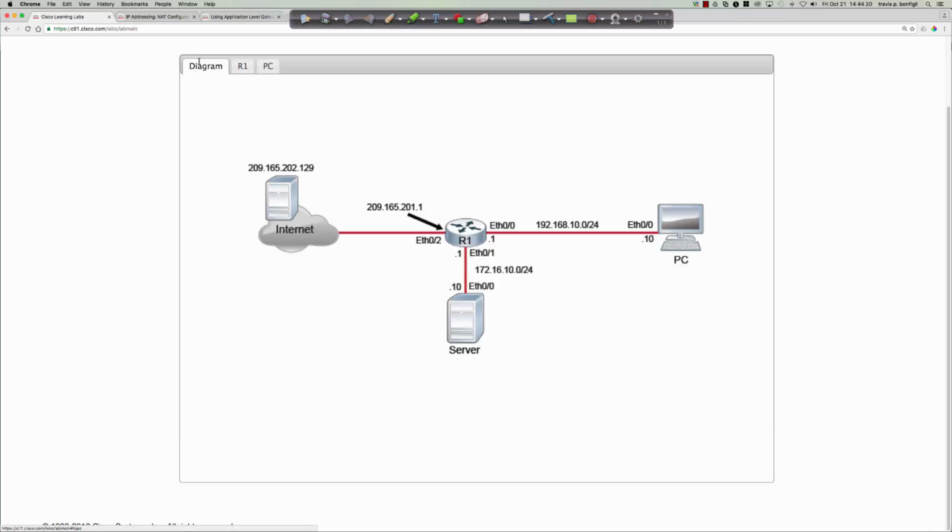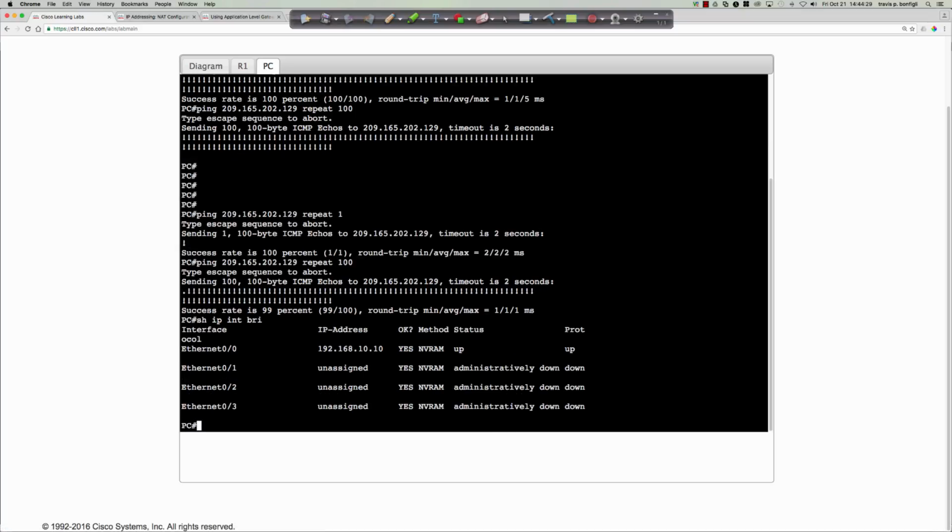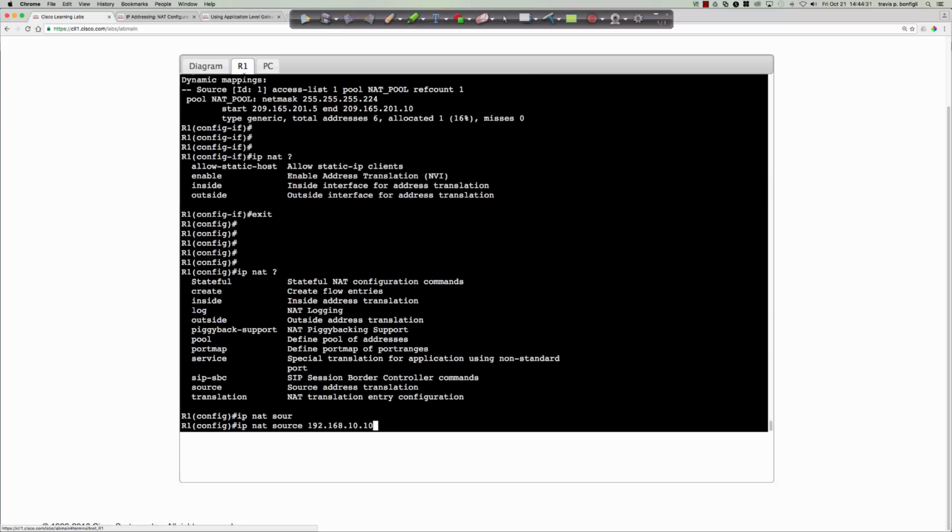192.168.10.10. Let me double check that real quick. Sorry. Actually, did we use that before? What is the PC's IP? Show IP interface brief. I think it's 10.10. Yeah, it's 10.10. Okay. So now I'm going to create a NAT statement for the 10.10, and I'm going to make the address